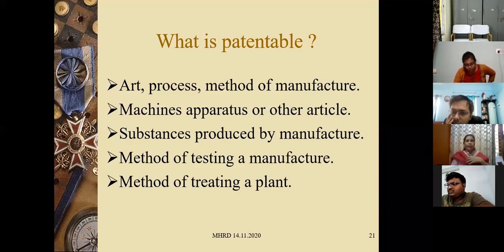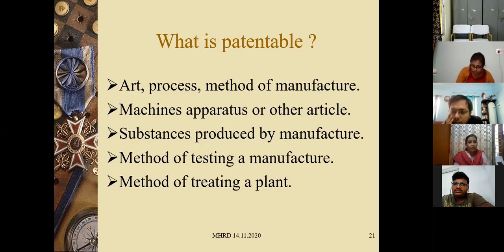Not all will be granted, but very silly things have also been patented in various countries, especially in the US. However, it should demonstrate the use of it, and it should be successful. It should show that, for whatever reason you have made that article, it should be usable. Okay, then substances which are produced by manufacture, under substances: drug, medicine, bioactives, and various others, and method of